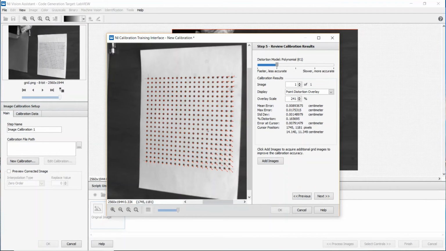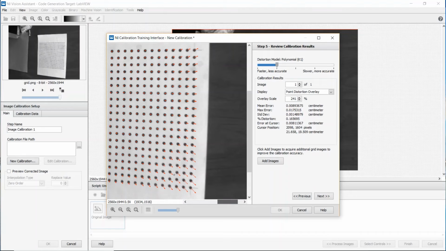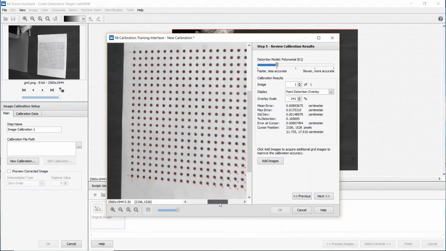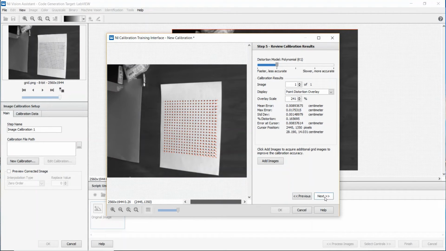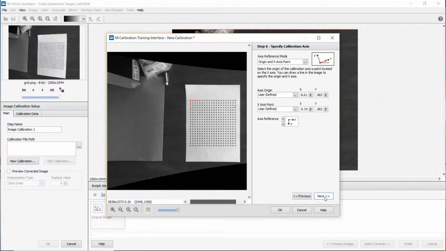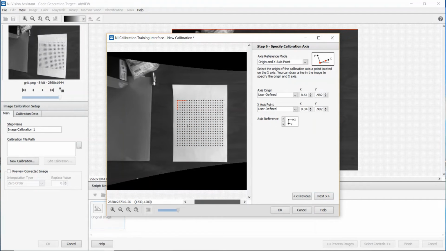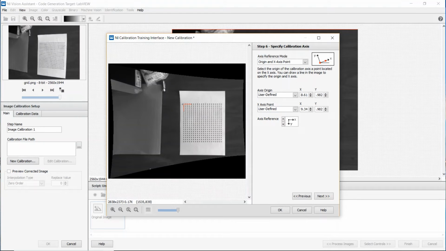And in the image itself, you can see little arrows, little vectors that are specifying where in the new image the dots will be moved next. So in order to see our corrected image, let's click Next. Okay, so here it is. This is the corrected image that we could use to correct the images of the objects that are imaged by our